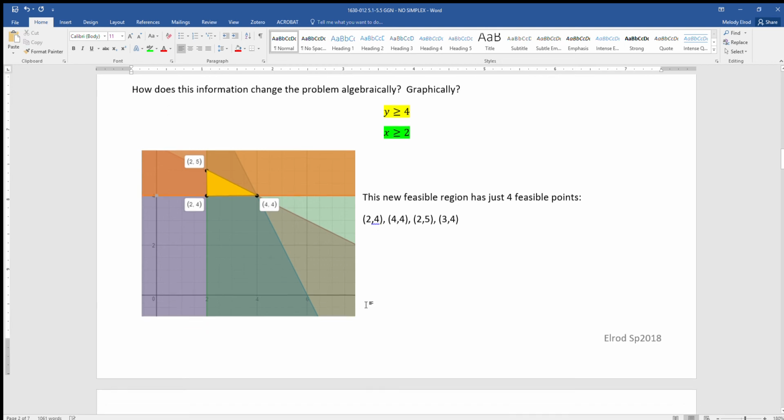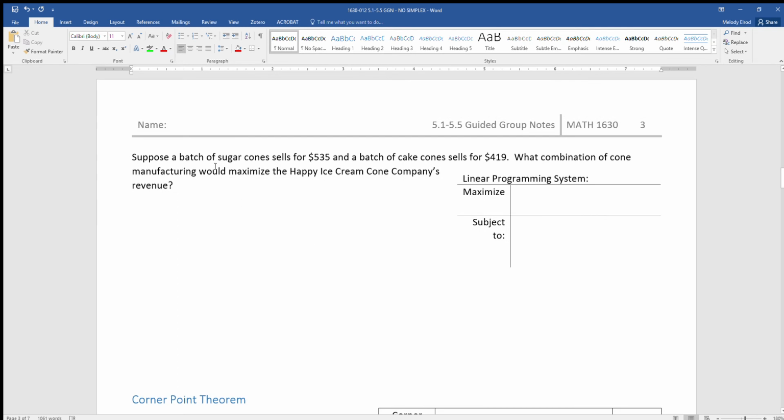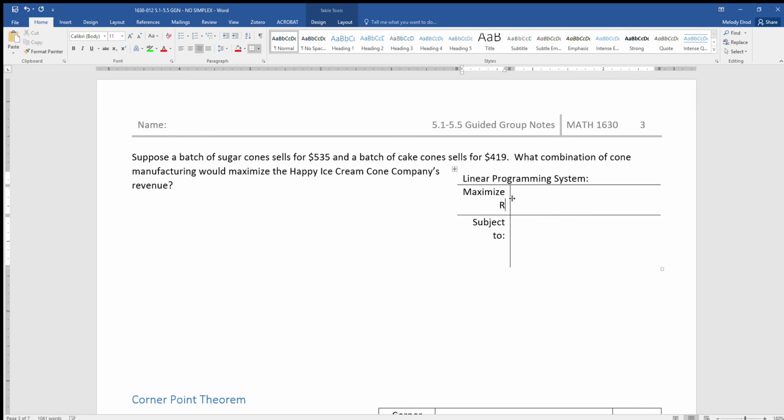And in fact, we're going to look at a scenario where the revenue is what we know. Suppose a batch of sugar cones sells for $535 and a batch of cake cones for $419. So we know how much money is coming in. What combination of cone manufacturing would make the revenue for this company maximized? How would it maximize it? So if we want to maximize the revenue,